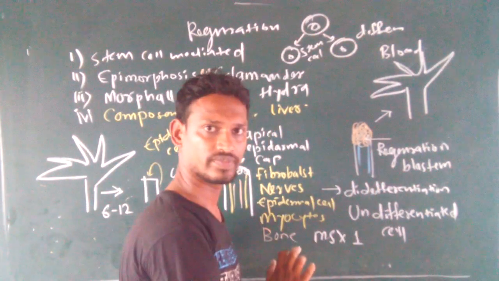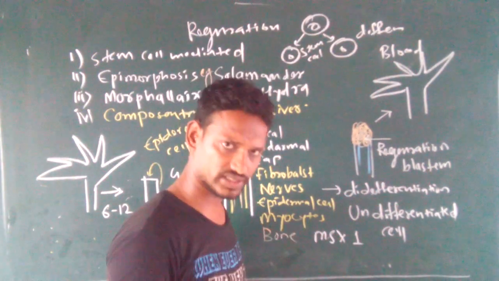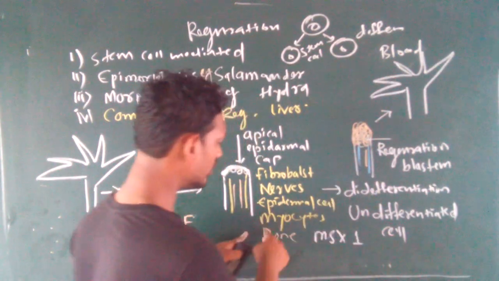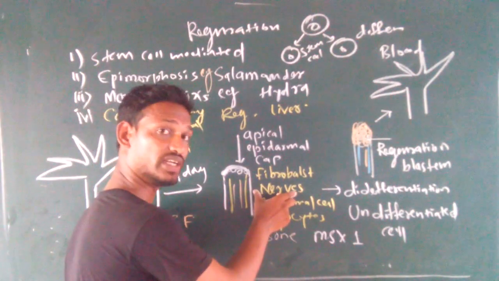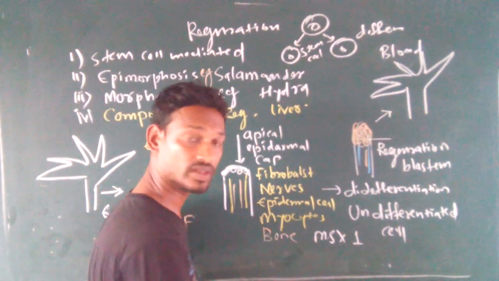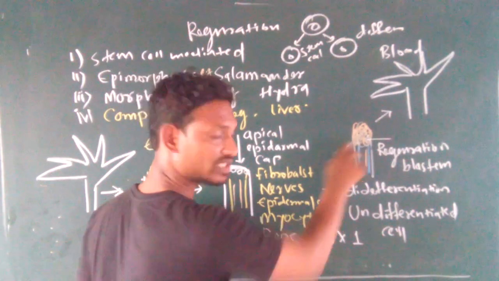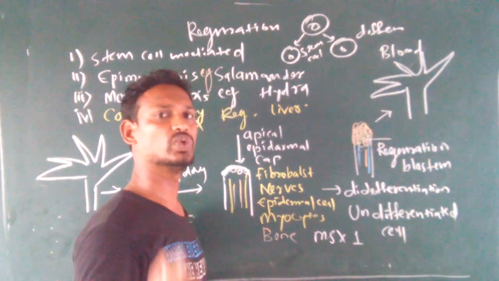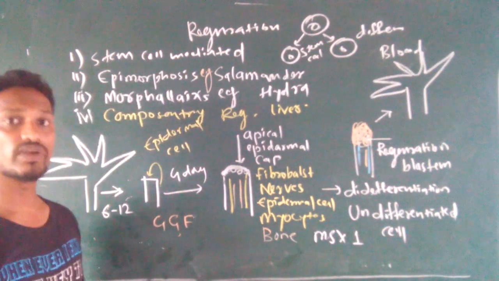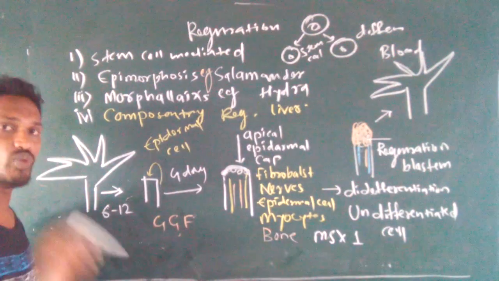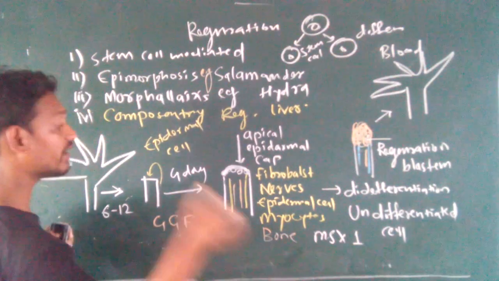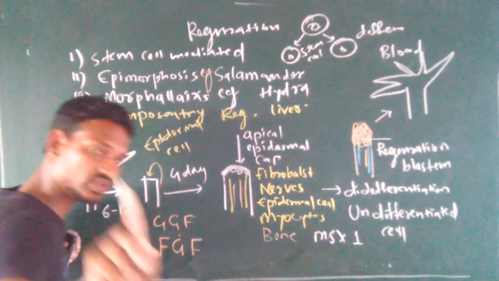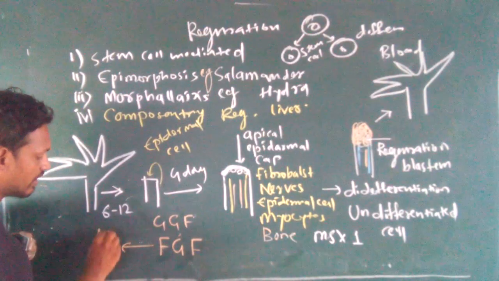Here the nerve fiber which secretes this is still differentiated, it is here, not here. Remember, this nerve fiber is differentiated because it is present here. But those which are present at the tip of the amputated limb, at the tip of the regeneration blastema, introduce one kind of factor, that is the glial growth factor. It also introduces one of the most vital factors that helps in angiogenesis, that is the fibroblast growth factor. It not only plays a vital role inside